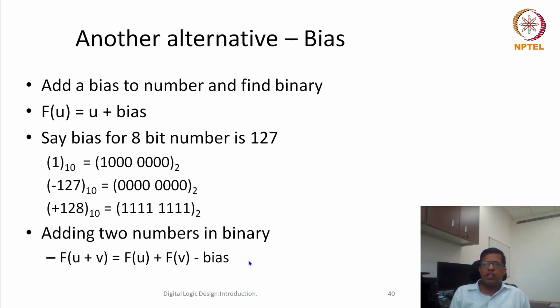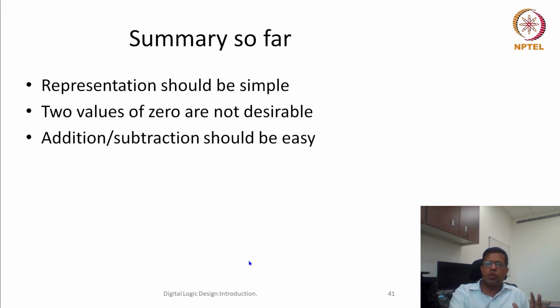So this leaves us at a crossroad, that we are not able to find intuitively how we should represent negative numbers. Okay, so to find the solution, let's go back and see why it is so challenging, or what we are actually looking for. What should be the ideal representation of negative numbers? So one thing we would like is it should be simple.